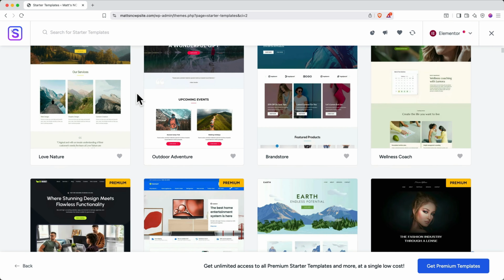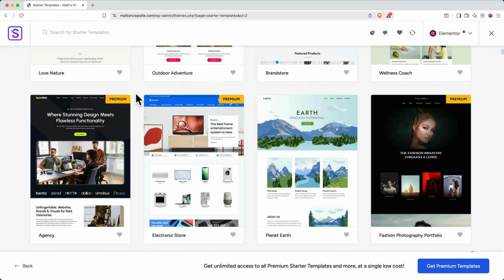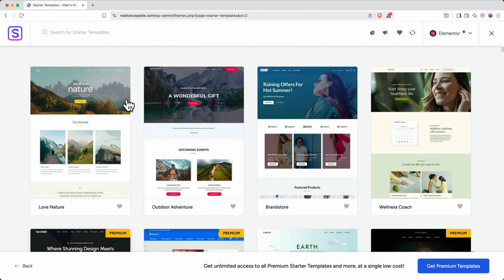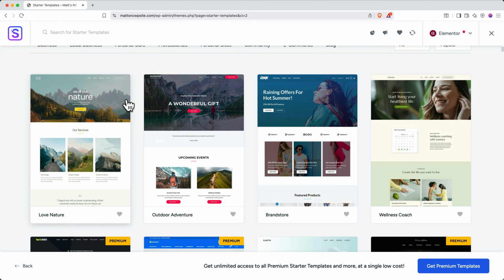As you scroll through, you'll see that some sites have a premium tag. A premium tag indicates a template that costs money. All the other templates are free. For our tutorial, I really like the look of this one at the top left, so I'll go ahead and